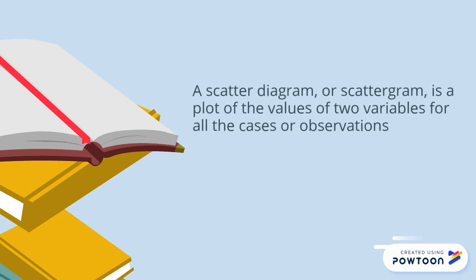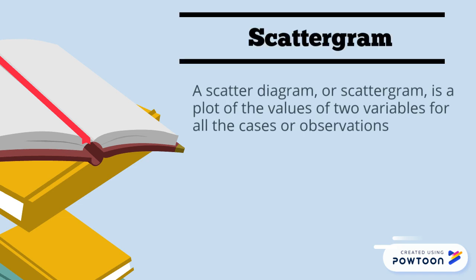A scattergram is a plot of the values of two variables for all the cases or observations. It is useful for determining the form of the relationship between the variables. A plot can alert the researcher to patterns in data or to